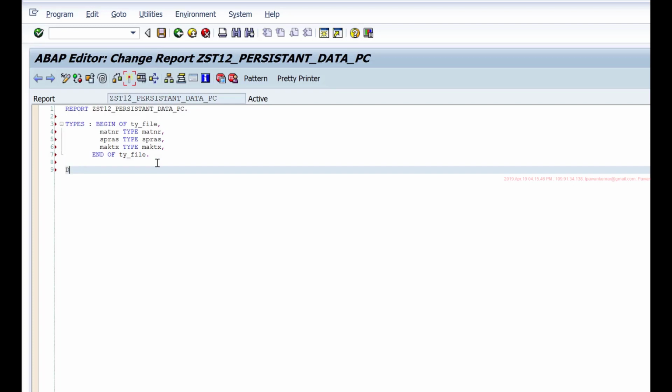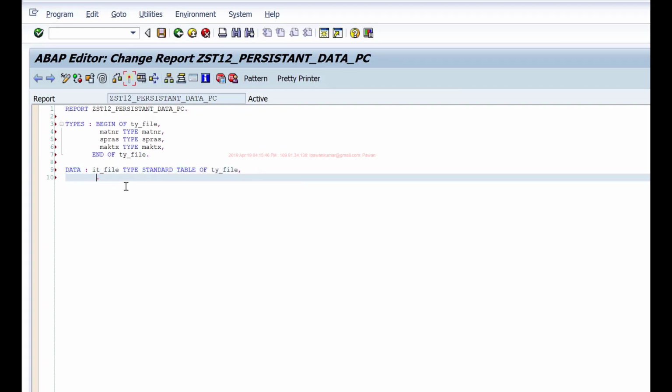Then I'll create data it_file type standard table of ty_file. So I'll upload to this internal table. Then once we upload, we'll write it in the output. So I'll use one work area for this, like line of my it_file.